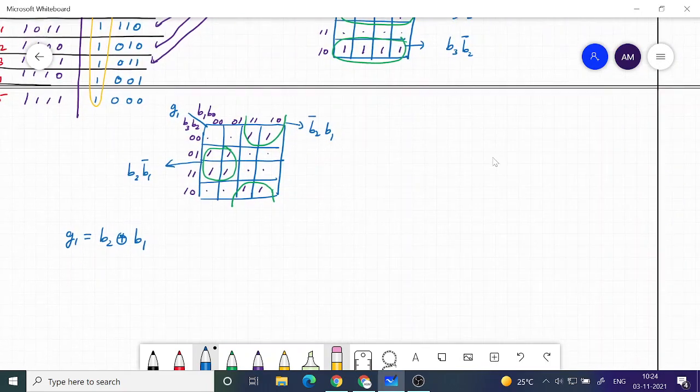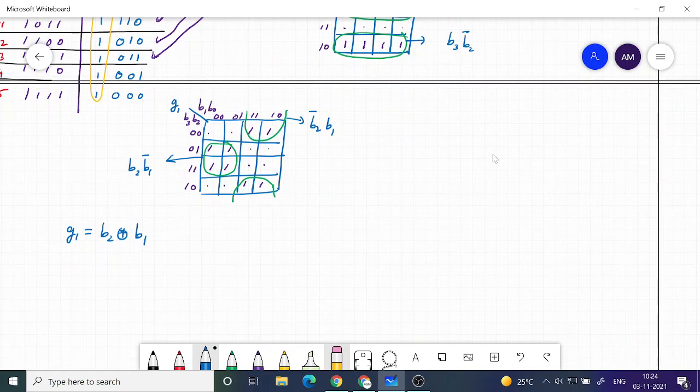One final entry, that is for G0. So let's do that also. The reverse conversion I will give you as a homework. Same procedure, just need to enter in the K-map and solve it.